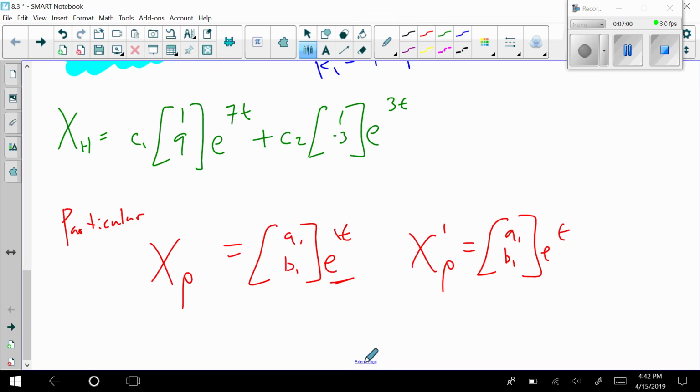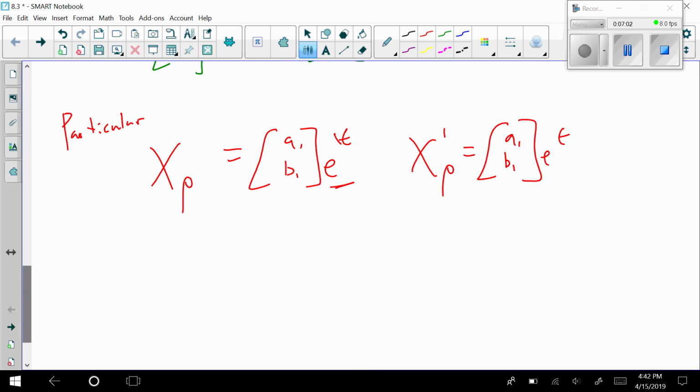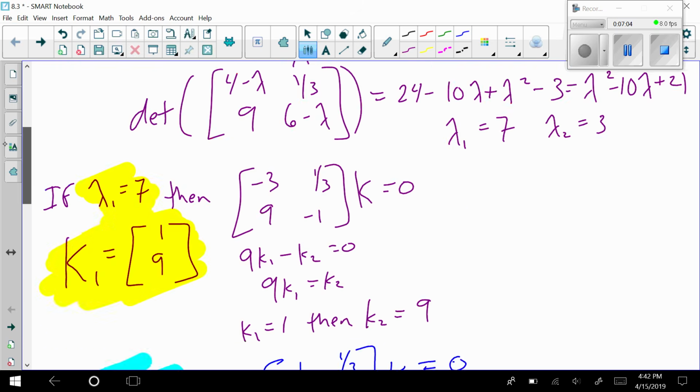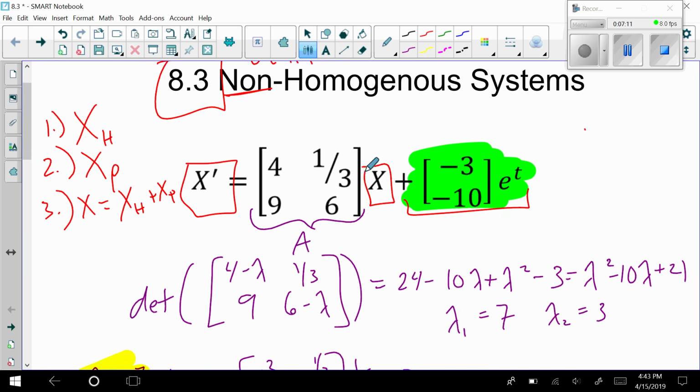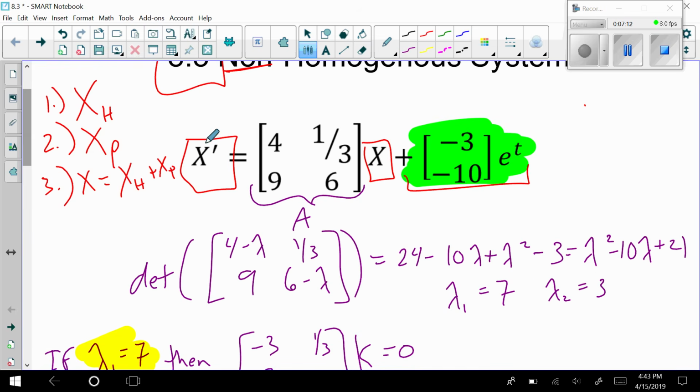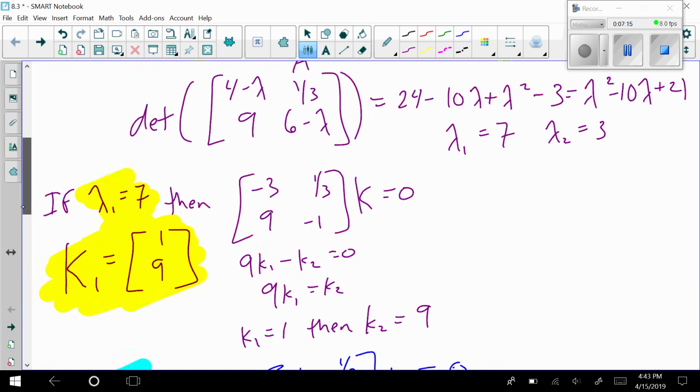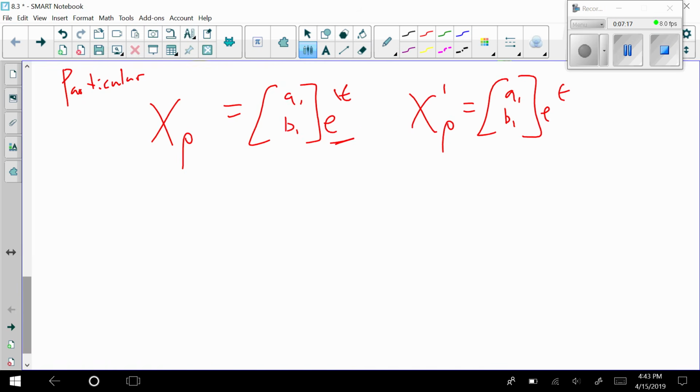And what we did before with particulars is we plug them in, right? We take them and we plug them in. So I'm taking my prime that I just took, and I'm plugging it in there for x, and I'm taking my original one and I'm plugging it in here for x prime and then here for x. Which, if I do that, I would have a sub 1, b sub 1,